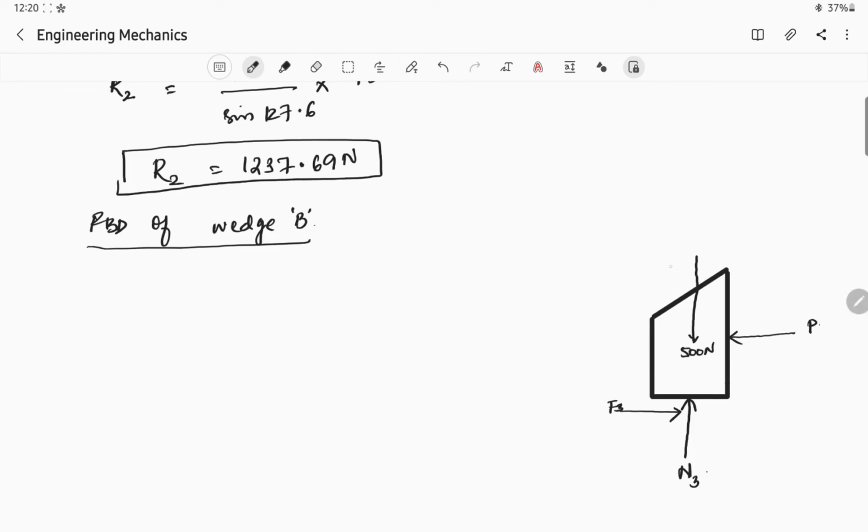So now the reaction here will act exactly perpendicular to the surface of contact, right? This angle is 15 degrees with the x-axis. So what about this one? This angle, the vertical angle, will again be 15 degrees only. This angle will be 15 degrees. This is my